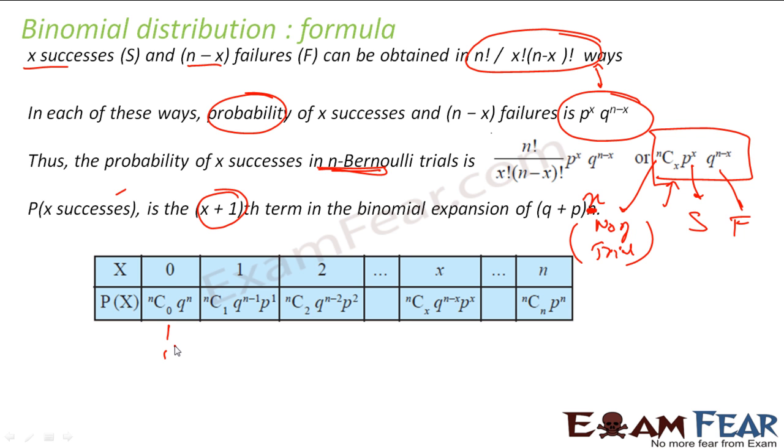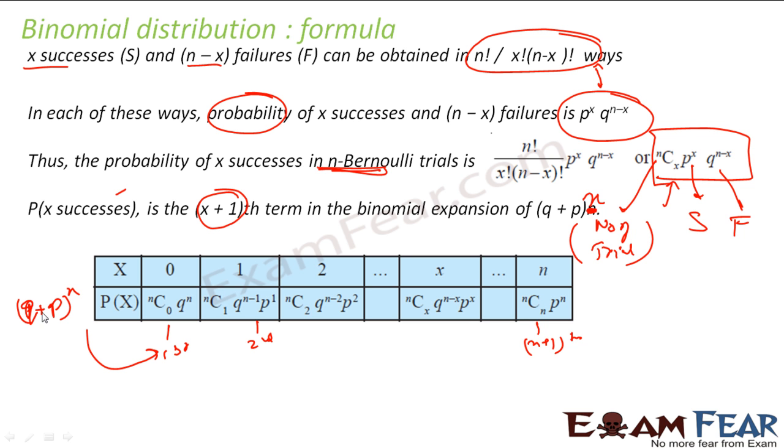This is the first term, this is the second term, and this is the n plus 1 term, because the expansion of p plus q to the power n will have n plus 1 terms. So the first term will be this, the second term will be this, and the n plus 1 term will be the probability of n successes,